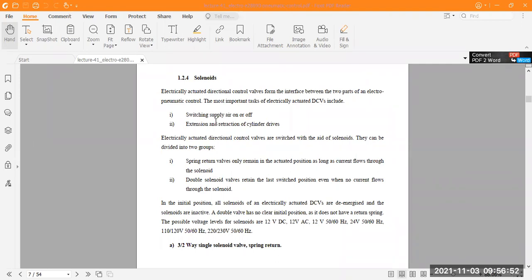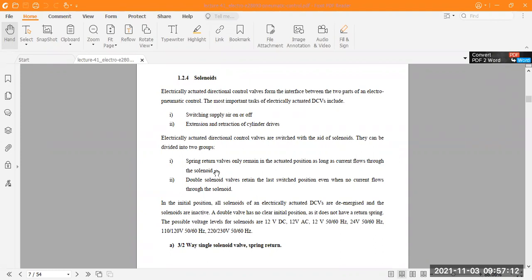So the electrically actuated directional control valves are switched with the aid of solenoids, and they can be divided into two groups. One is the spring return valves, which only remain in the actuated position as long as current flows through the solenoid.